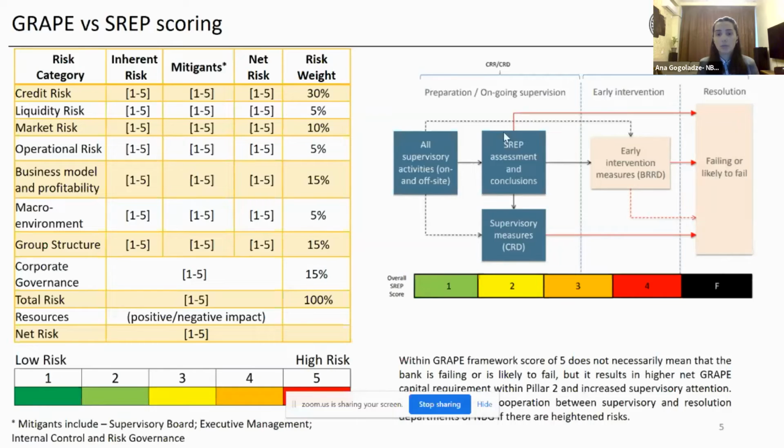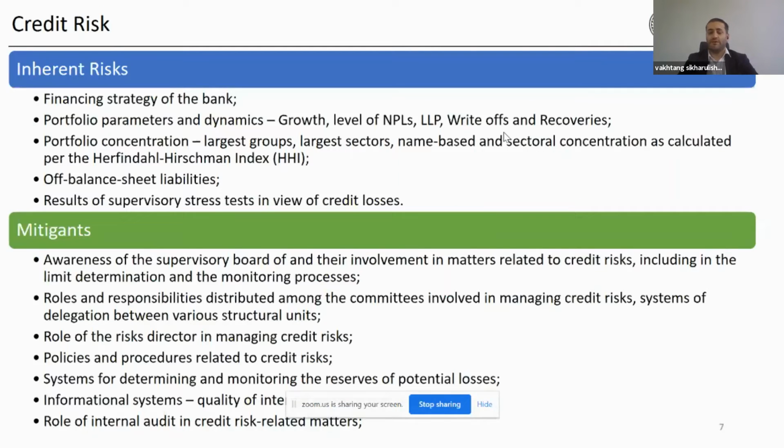We can also see that the SREP process may result in early intervention and resolution measures. Credit risk assessment is based on a continuous supervisory assessment process for large corporate borrowers and exposures, as well as point-in-time assessment of SME and retail loans based on sampling and extrapolation, considering the tremendous amount of loans. NBG has developed a historically very advanced and comprehensive reporting system, which generally gives us the ability to have very close touch with banks and understand what kind of underwriting standards, especially for retail loans, and risk tolerance they have, how they compete with each other, etc.